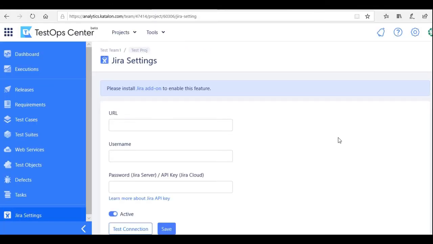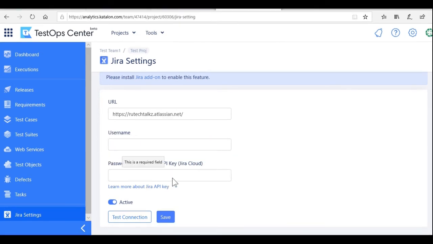Once saved in Jira, go to your Katalon TestOps and in the Jira settings, enter the URL, enter the username, that is the email account that you have used for Jira.